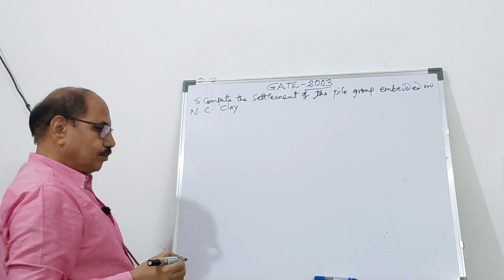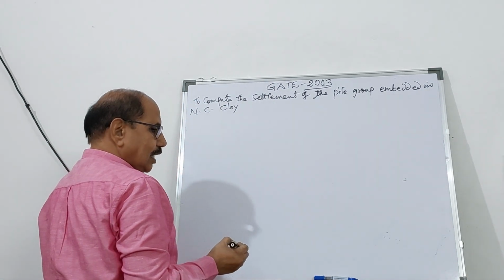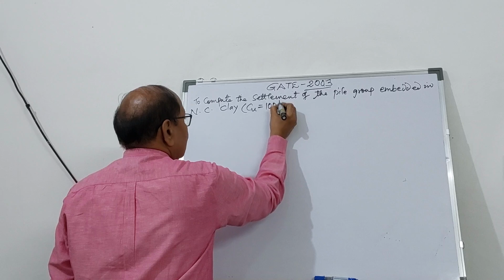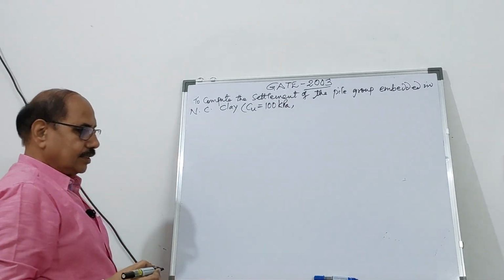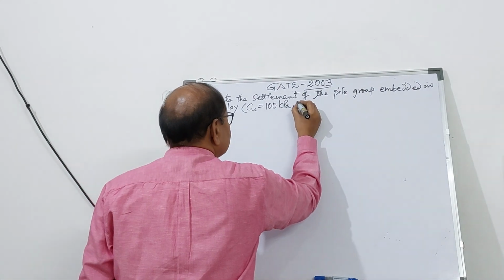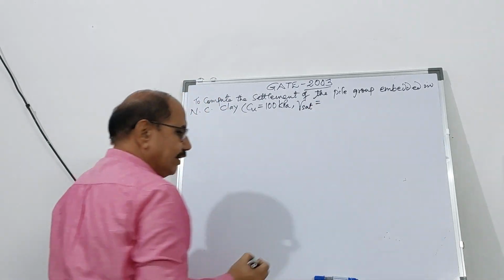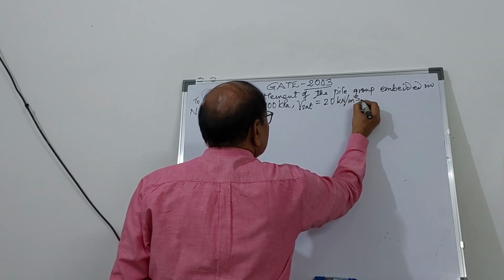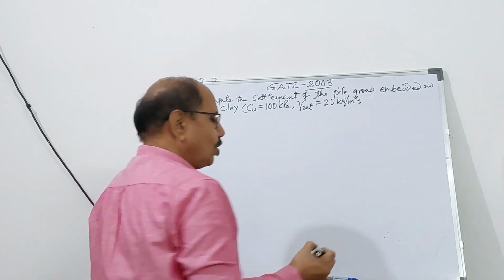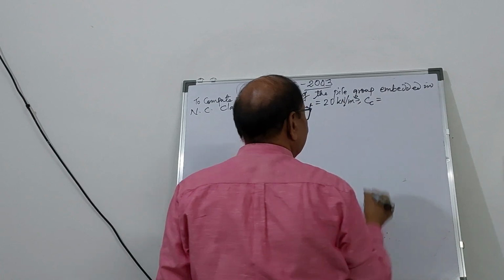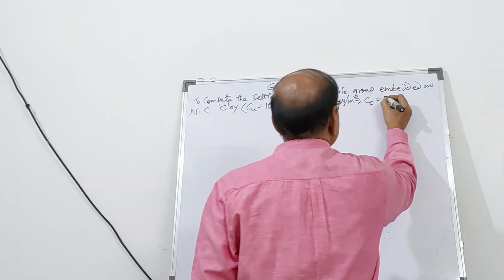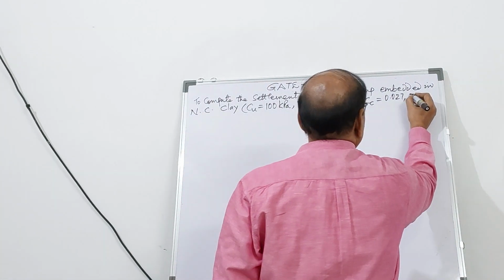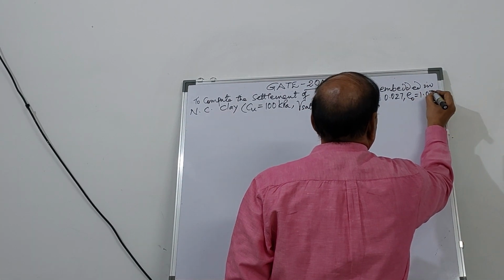And the properties of the normally consolidated clay are given as Cu equal to 100 kilopascal, and the saturated unit weight is given as 20 kilonewton per cubic meter, and the compression index of this normally consolidated clay, Cc, is given as 0.027, and the original void ratio is e naught 1.05,